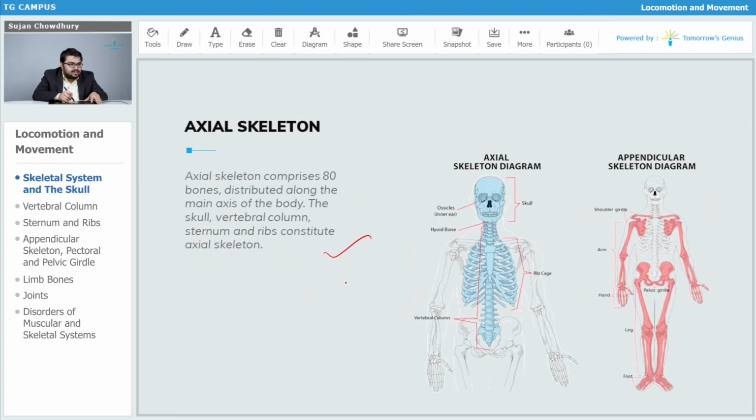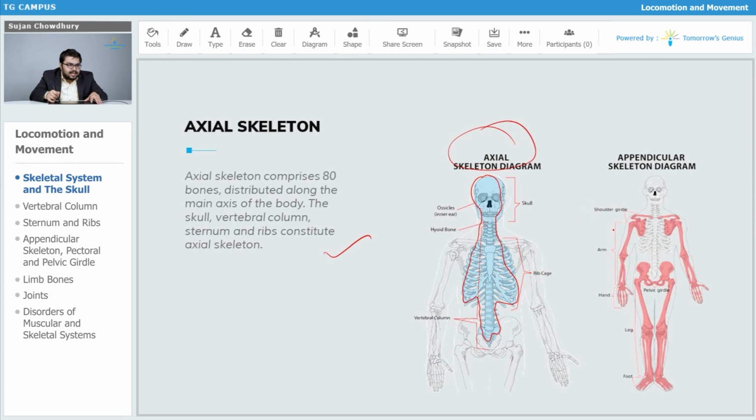So the axial skeleton comprises 80 bones, which are distributed along the main axis of the body. The skull, the vertebral column, the sternum, and ribs constitute the axial skeleton. So here we can understand the axial skeleton like this. The blue colored portion makes up the axial skeleton, arising from the skull and finally ending near the pelvis area,